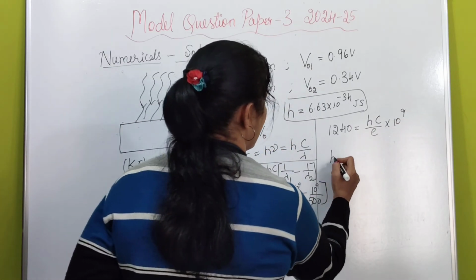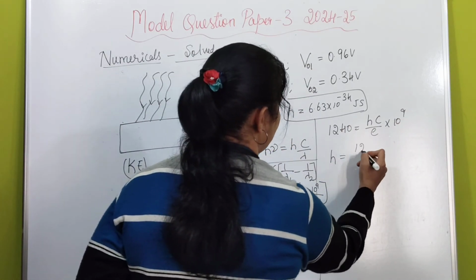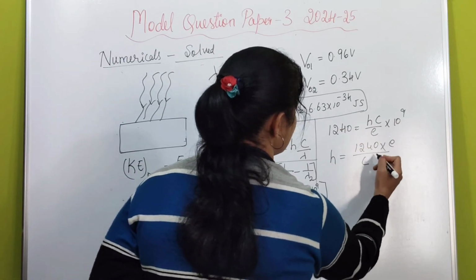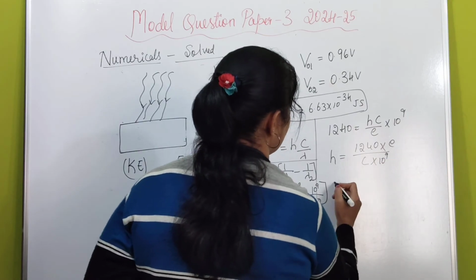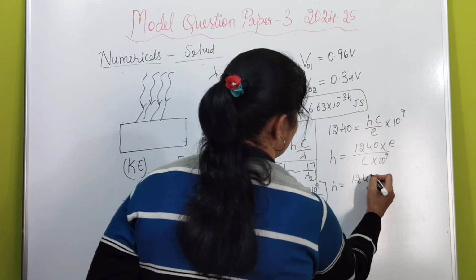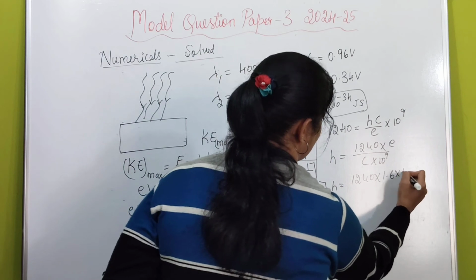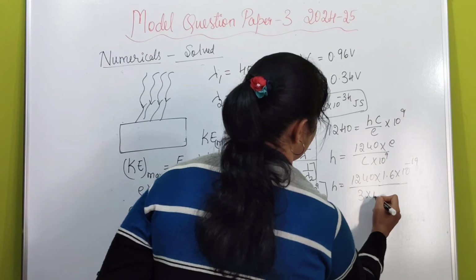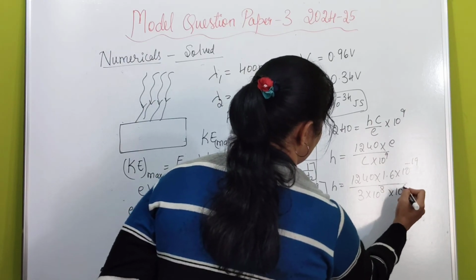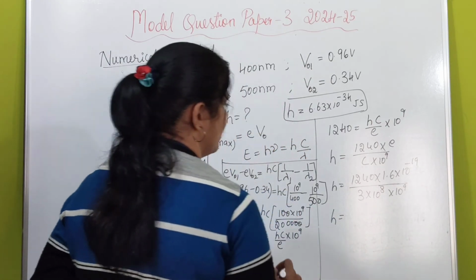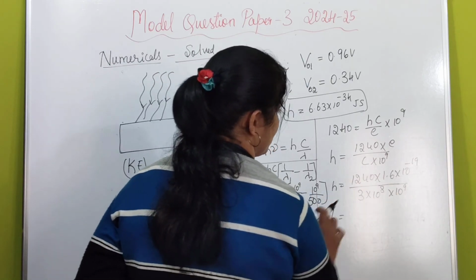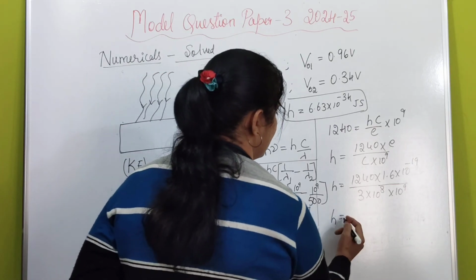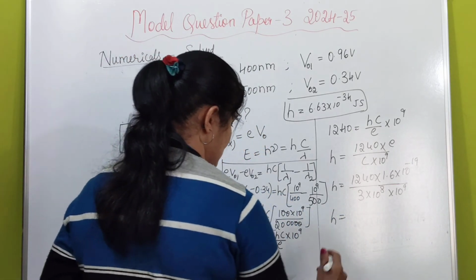So we need to find out h. So rearrange for h, that is 1240 cross multiplying with e divided by c and 10 to the power 9. Now substitute all the data given. So e is 1.6 into 10 to the power minus 19 divided by speed of light is 3 into 10 to the power 8 into 10 to the power 9. So in a calculator, first multiply 1240 with 1.6. You will get one number. Divide that answer by 3. Then you will come to know that the number is